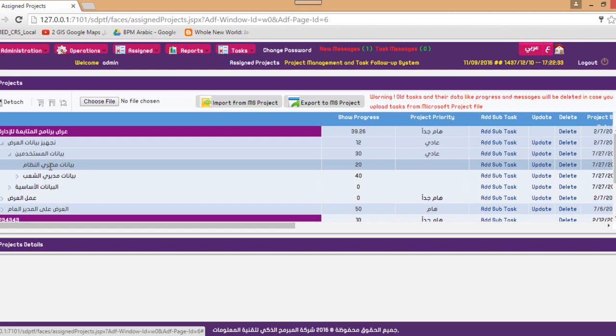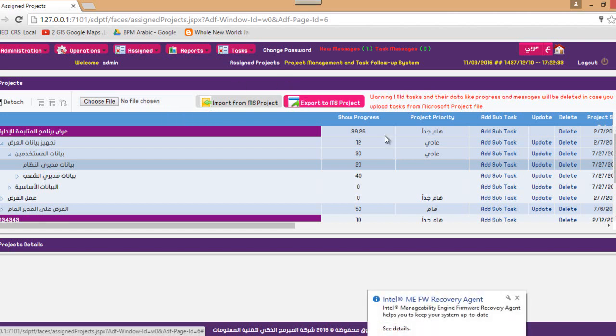But still, if you have your plan done using Microsoft Project, you can import and export it. The first time, when you have the project and have designed the tasks, you can upload from Microsoft Project. Then updating the task percentage and so on will be done through the system. Finally, if anyone requires the project to be exported as Microsoft Project, this can be done easily using the export utility here.